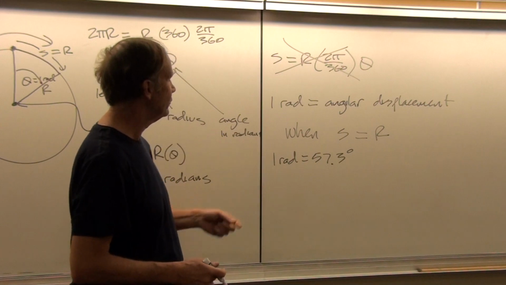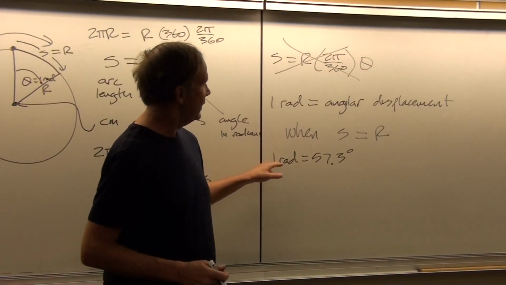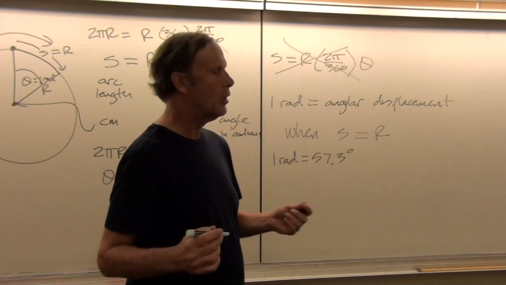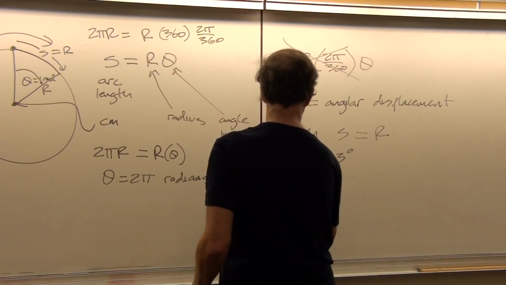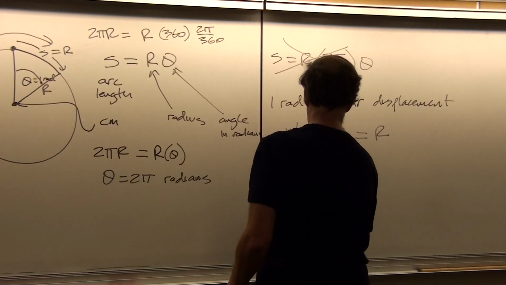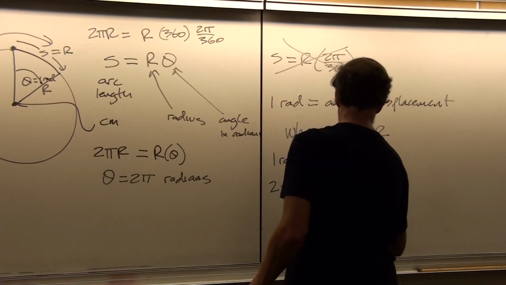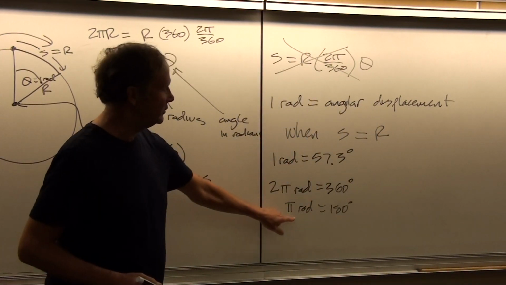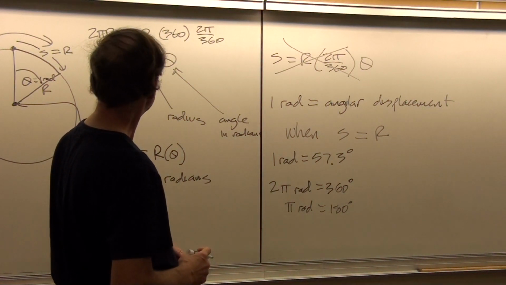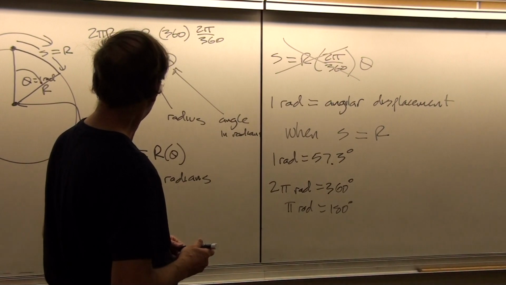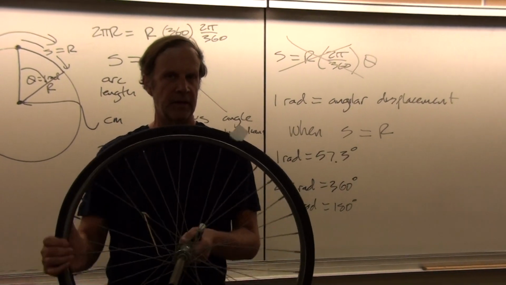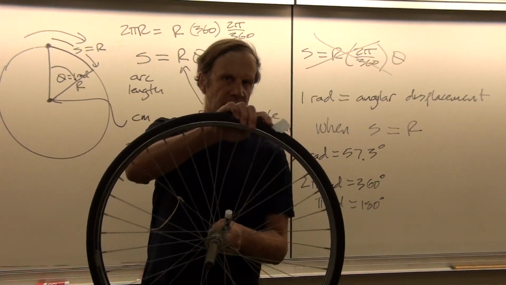Okay, and so that is the way in which we would always want to convert if we had an angular quantity that was measured in degrees to get it back to radians. Or a more simple way of writing that is 2 pi radians equals 360 degrees, or pi radians equals 180 degrees. So those are useful conversion factors to get us back and forth between degrees and radians. Okay, and so that then is how we describe the angular displacement in terms of the arc length distance that is traveled.